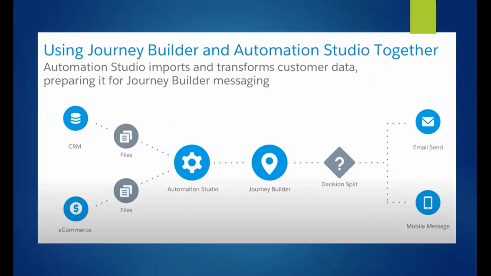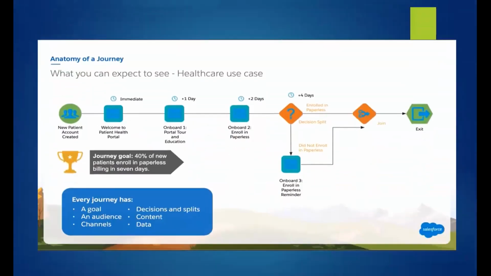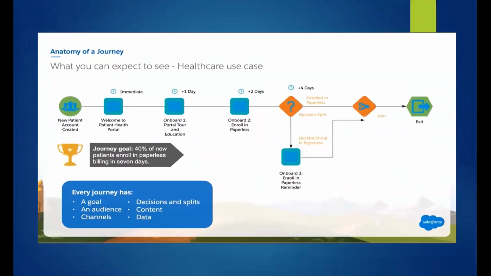We will try to see how Automation Studio and Journey Builder, these two important platforms, work hand in hand within Marketing Cloud. We will be able to define such kinds of journeys, like we discussed in the coupon example. There are n number of examples where you can define customized, personalized journeys. We will see how to create them in Marketing Cloud.